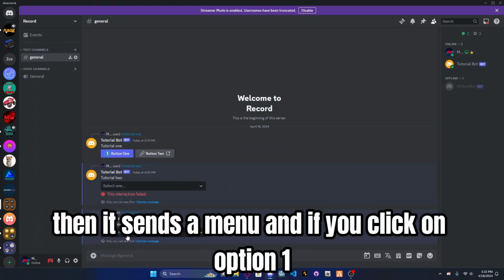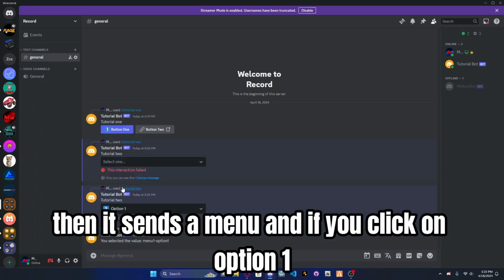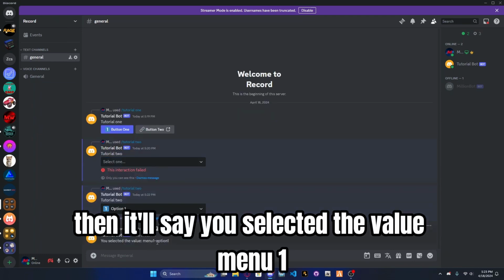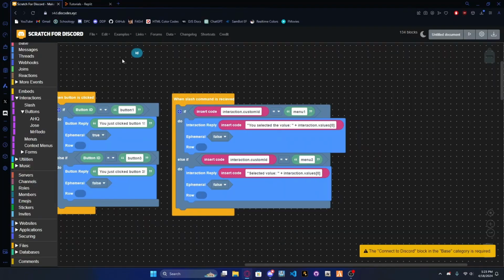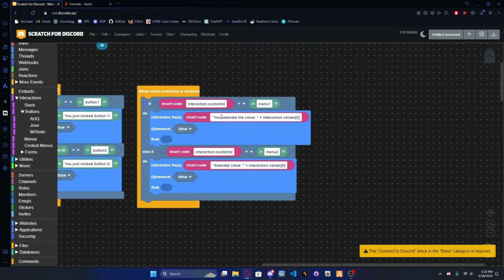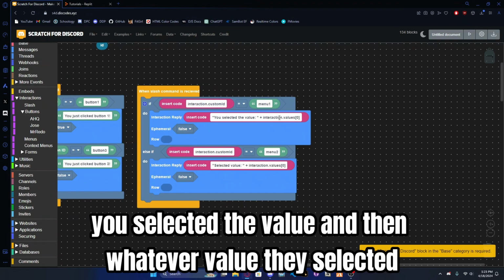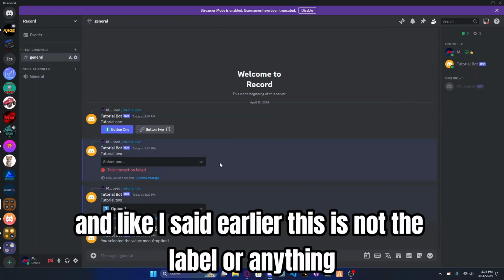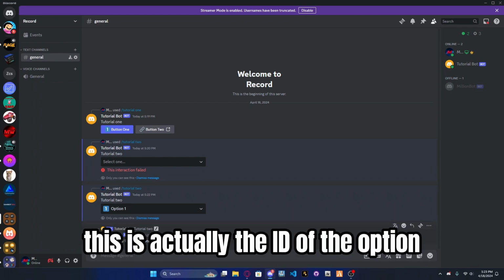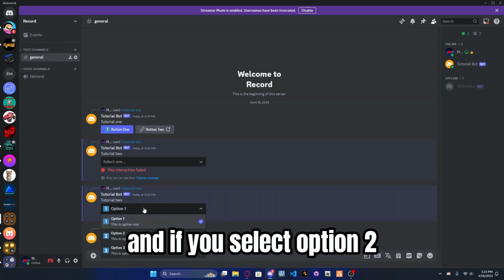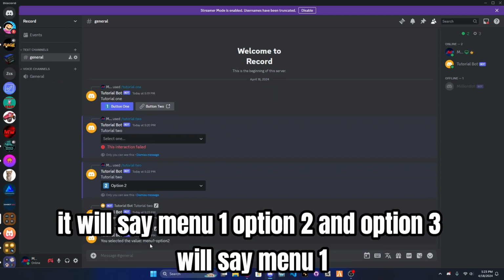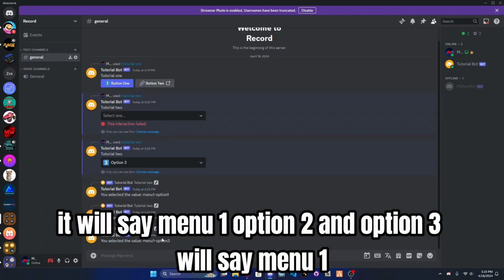then it sends a menu, and if you click on option 1, then it'll say you selected the value menu 1 option 1, and that's because we told it to reply you selected the value and then whatever value they selected. And like I said earlier, this is not the label or anything, this is actually the ID of the option. And if you select option 2, it'll say menu 1 option 2, and option 3 will say menu 1